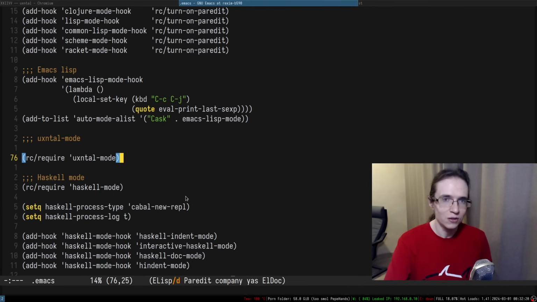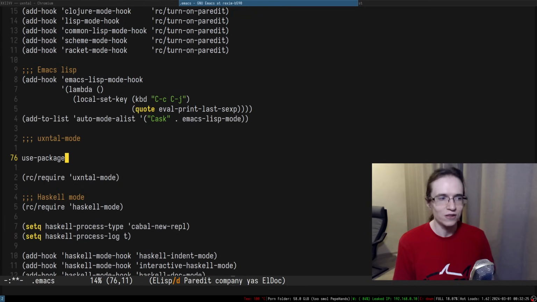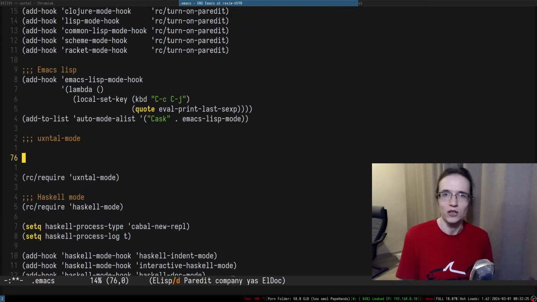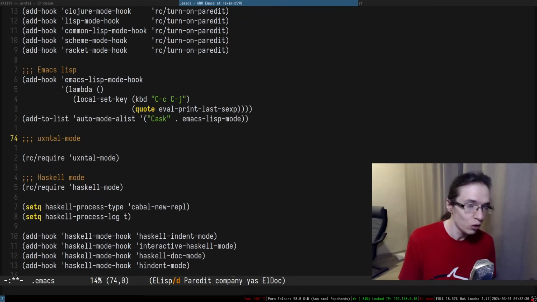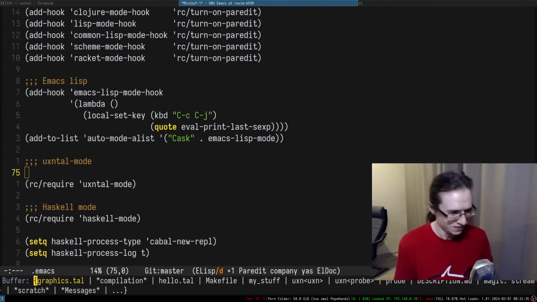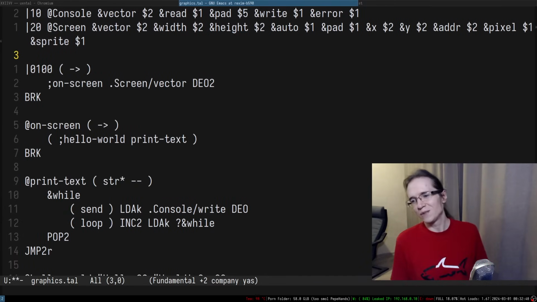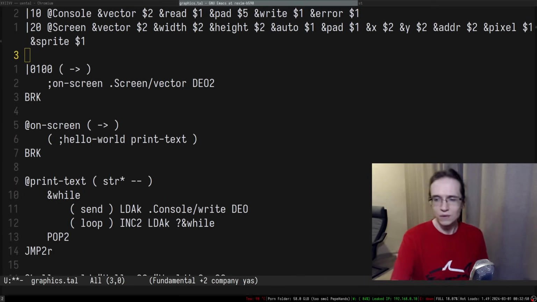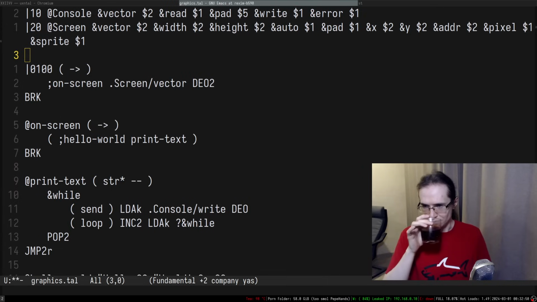It's my custom system, and I developed it before things like use-package existed. Just in case people ask, why don't you use this package? I've been using this for so long, use-package didn't exist. Seriously. And this is the explanation why I don't use systems like Doom Emacs or Spacemacs. None of them existed when I started to use this, right? None of them existed.